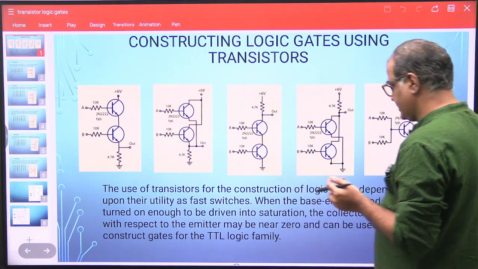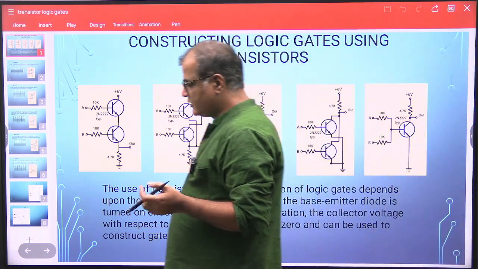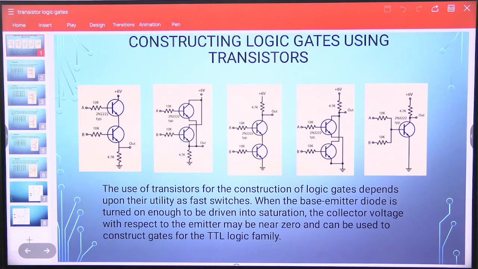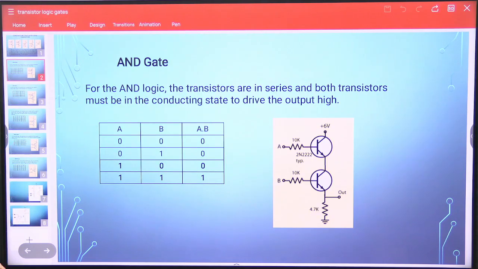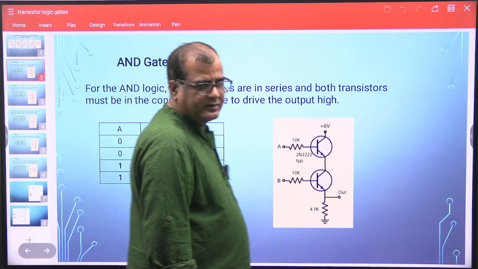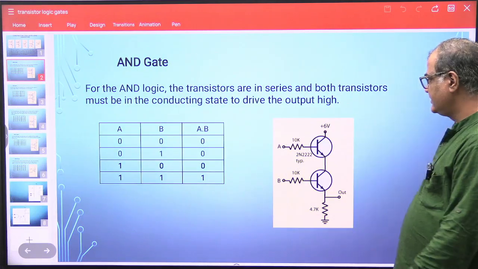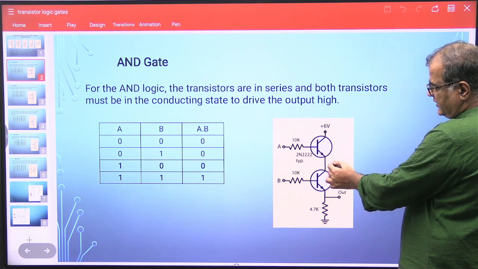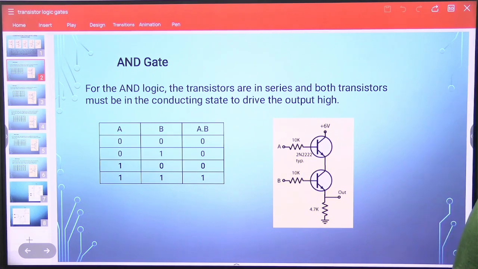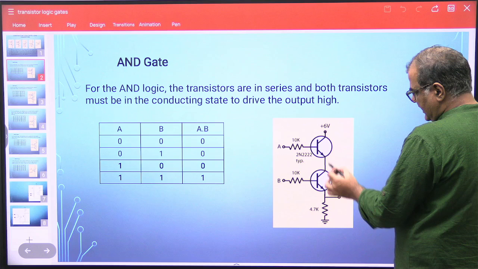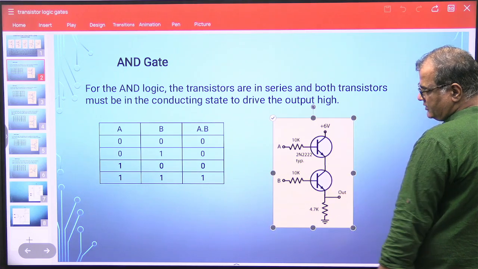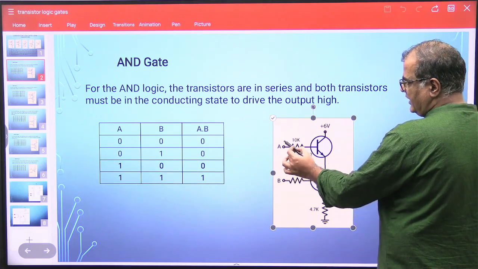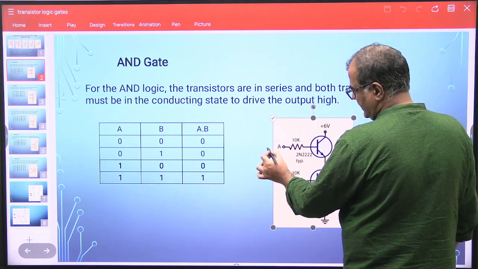So starting now, the next topic is logic gates. Okay, how to implement logic gates using transistors. So the first gate you see is the AND gate. If I connect transistors in this manner in series, an ammeter is connected to the collector, and here you have a power supply, and I'm taking the output in this position. Now if I say my A is 0,